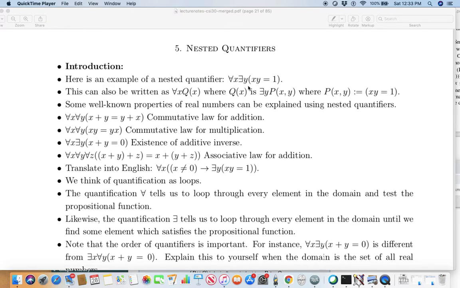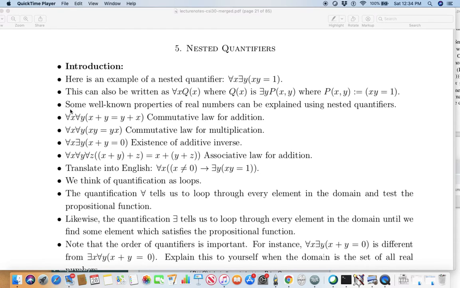Notice this particular expression can also be written as for every x, Qx. What is Qx? Qx itself is there exists y such that Pxy. Now what is Pxy? Pxy is xy equals 1. So for every x, you have a statement. That statement itself is a quantified